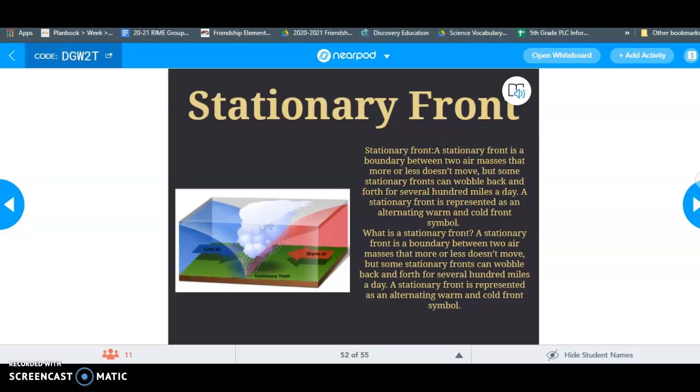In this one, the cold air and the warm air in the middle keep bumping into each other. But they really don't do anything. They don't move a lot. They are stationary. It's one of those things where the warm and the cold are pushing each other back and forth just a little bit. And you get something called a stationary front. Now, if you have a stationary front, you're not going to be surprised